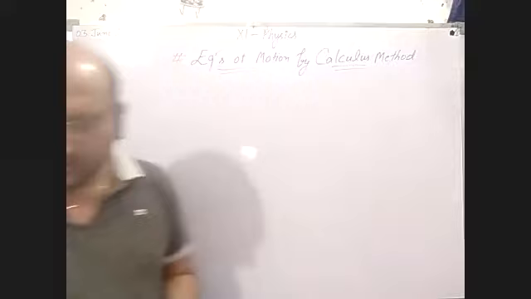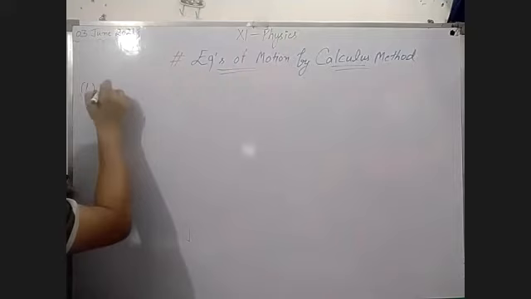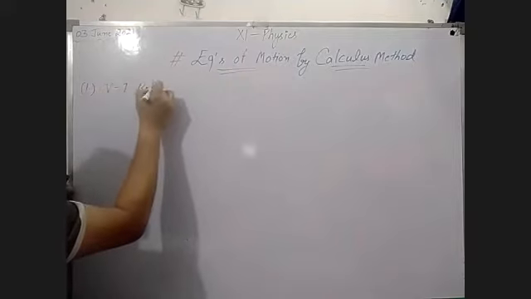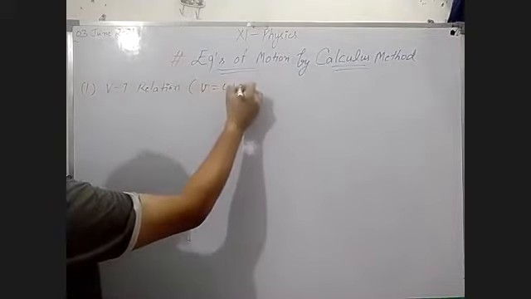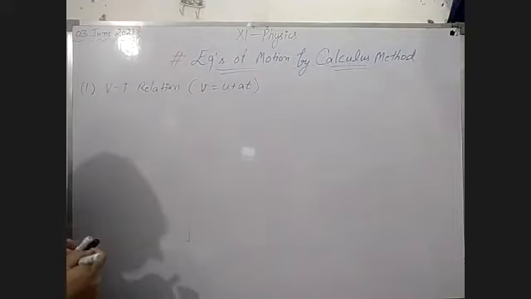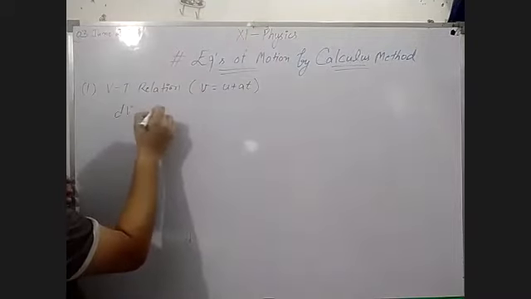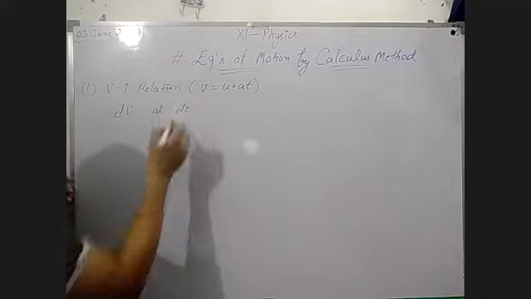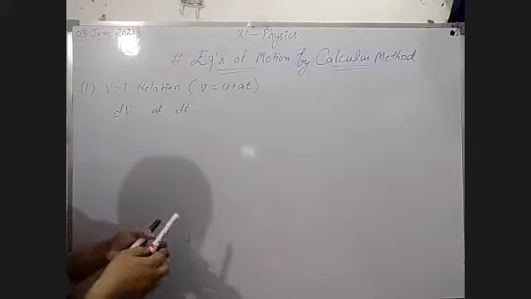Now, our first equation, you know very well, is the velocity time relation. You have to prove this formula using the calculus method. In this, let at an instant of time t, dv be the change in velocity in time interval dt. We are taking a small amount of change in velocity in a small interval of time.